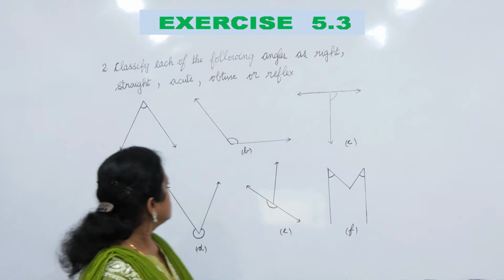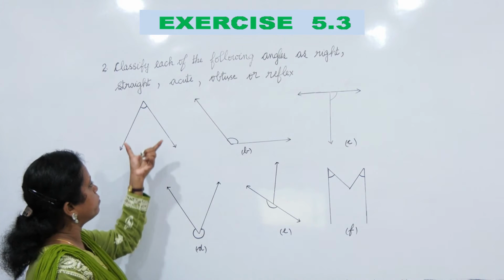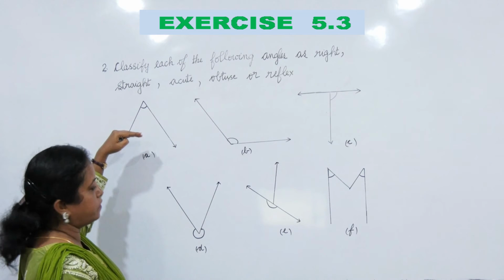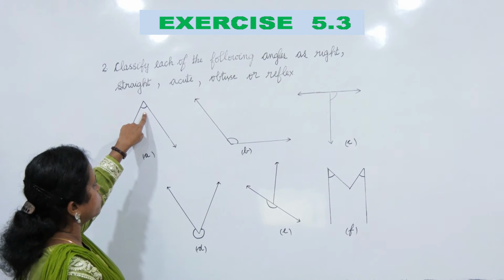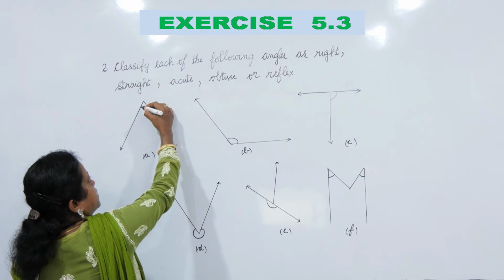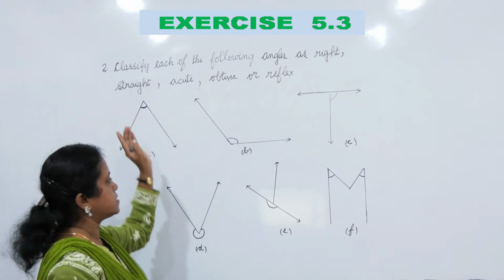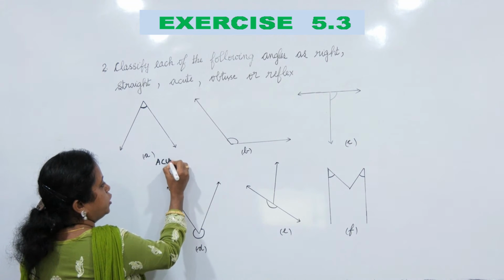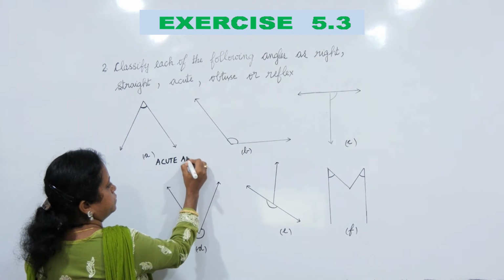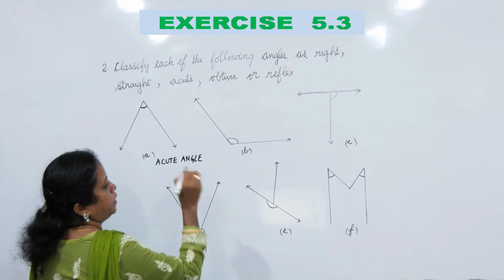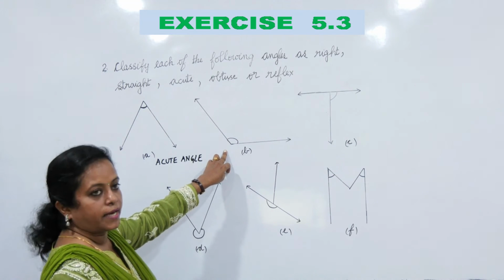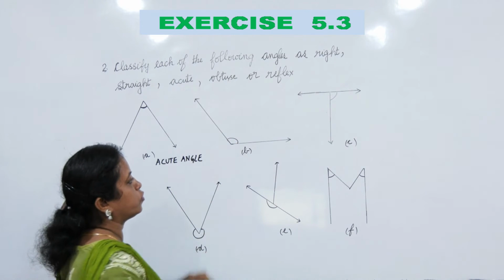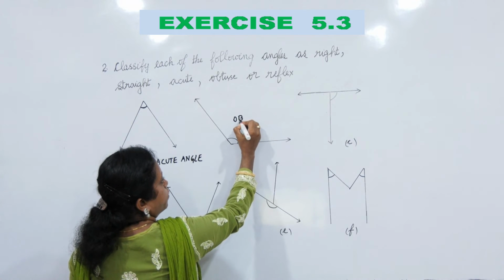So here in the first case A, you can see both the arms of the angle, that it is less than 90 degrees. And how do we show what the angle is that is formed? You can see the mark that is shown between the two arms. So it is less than 90 degrees. That means the first answer here, the angle formed is an acute angle. In the second case, you can see that the angle which is formed is more than 90 degrees. When it is more than 90 degrees, you know that the angle formed is an obtuse angle.